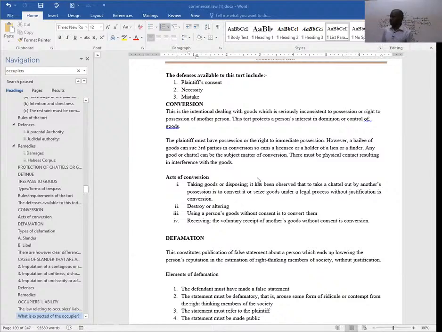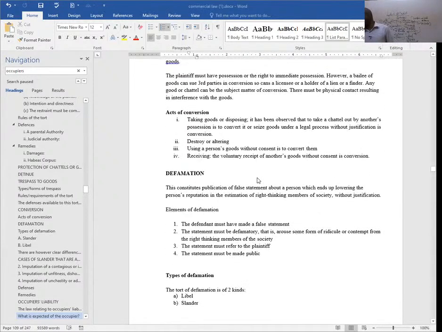The statement must refer to the plaintiff. So before Anne takes me to a court of law for defamation, Anne should clearly be the plaintiff, the one who has been accused. The statement was made about Anne, and if the person who ends up in court is Elijah, the statement was not about Elijah, it was about Anne. So Anne should be the plaintiff who comes before the court. Then the statement must be made in public, either in a publication or just by word of mouth.